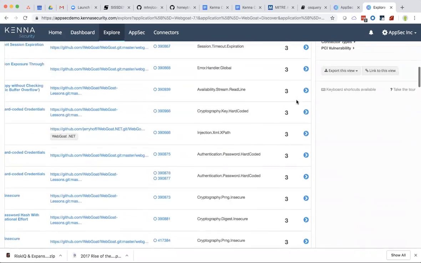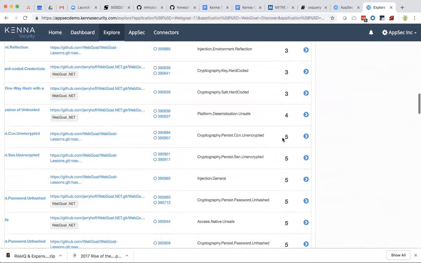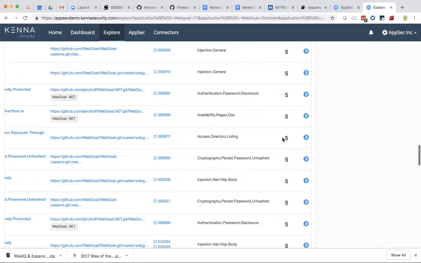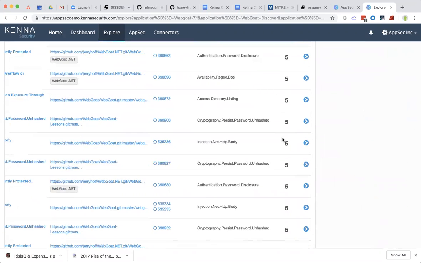When is the AppSec module ready to go live, to roll out? So it's active now. This view that you're seeing here is actually available now. I'd have to talk to our PM team to see if it's still beta or if it's live today. The date we were talking about was the 14th, and it's the 15th today. So I assume that it's being rolled out to everyone. It's being rolled out this